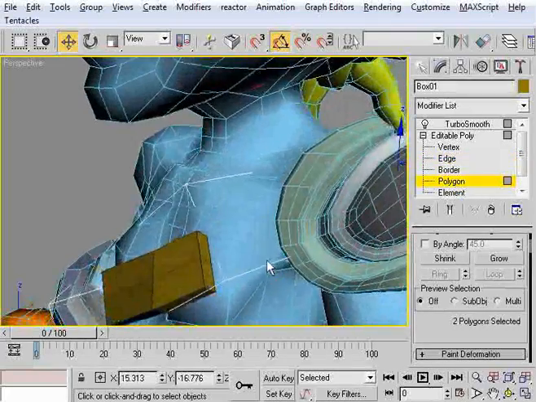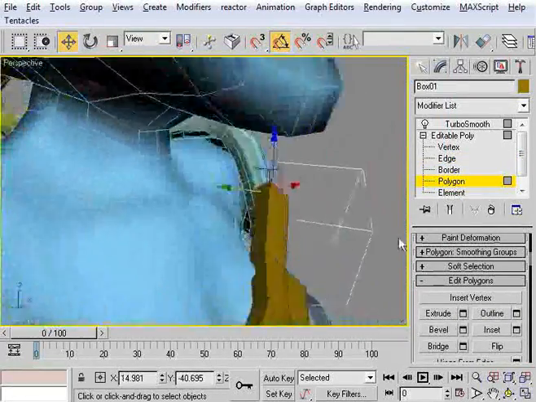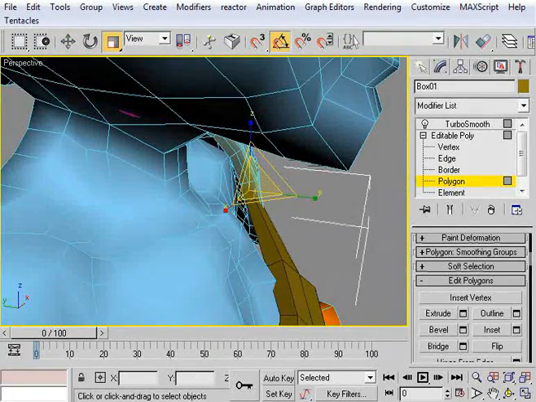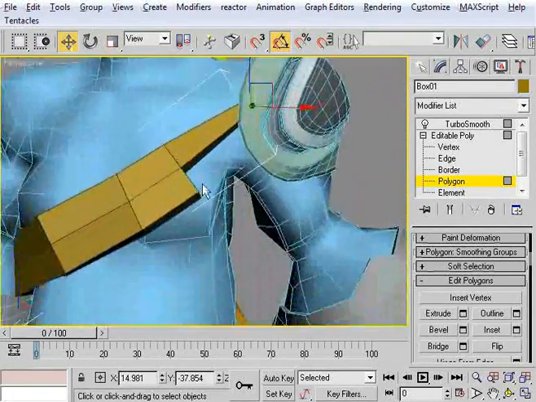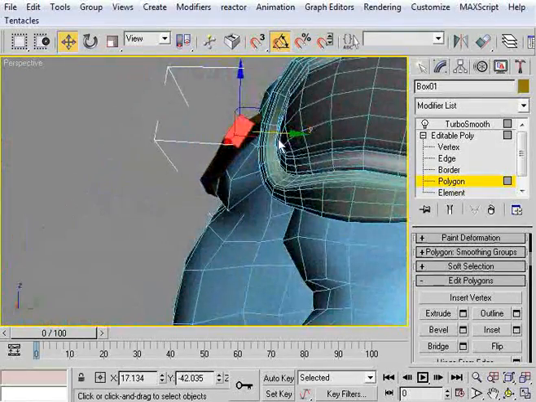And what I'm going to do is extrude one of these pieces out like this, something like that. Let's do the same thing, semicolon,